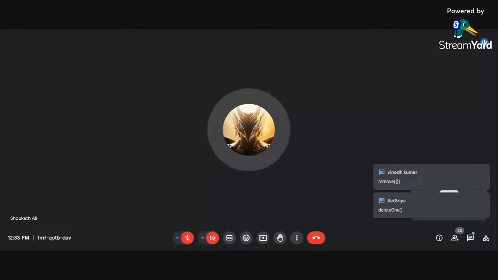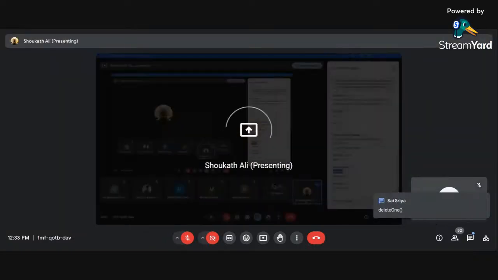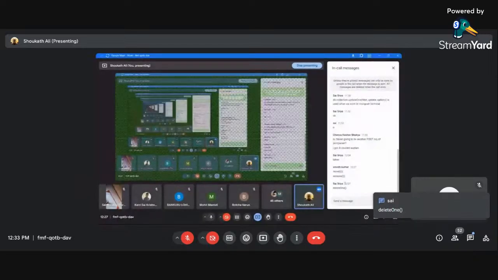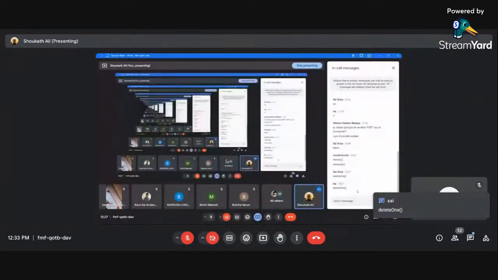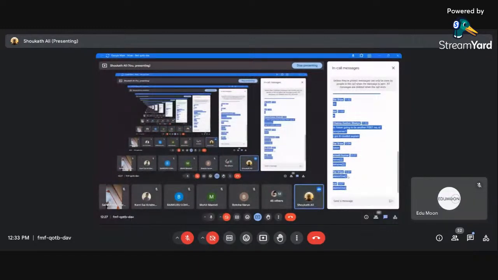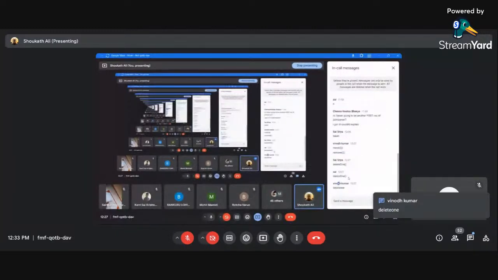Delete one. Very good. That is the function. Okay, so delete one is the function. Now find out how to use it from documentation. Okay, find out how to use it and implement the slash delete route. Okay, it is going to be exactly the same as the slash take route, but instead of update